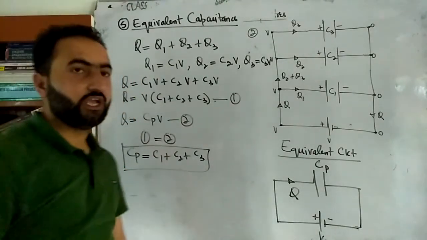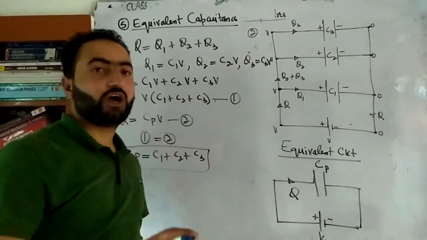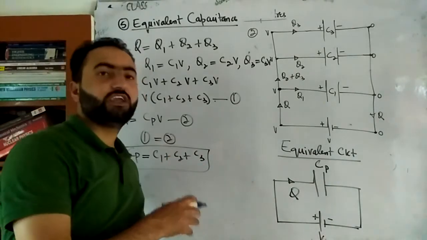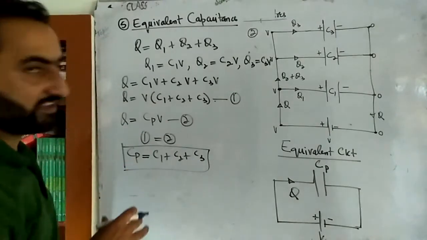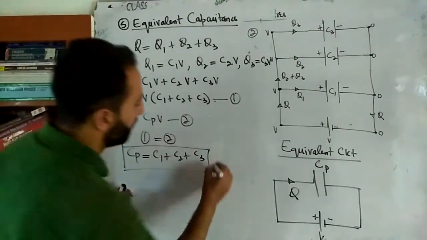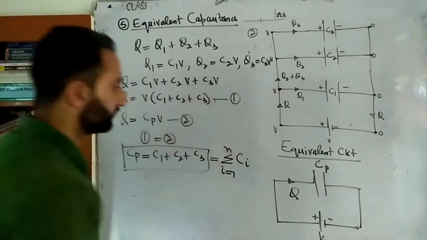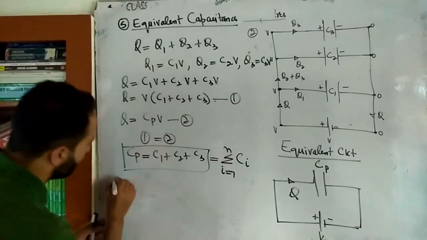अगर आपको याद होगा, in resistance we have Rs is equal to the summation of Ri, and 1 by Rp is equal to the summation of 1 by Ri. In this very case it is ulta, that is 1 by Cs is equal to the summation of 1 by Ci, and Cp is equal to the summation of Ci, where i runs from 1 to n. ठीक है ना बेटा?